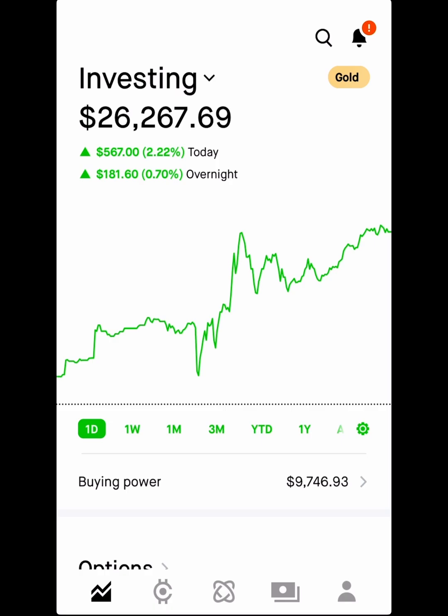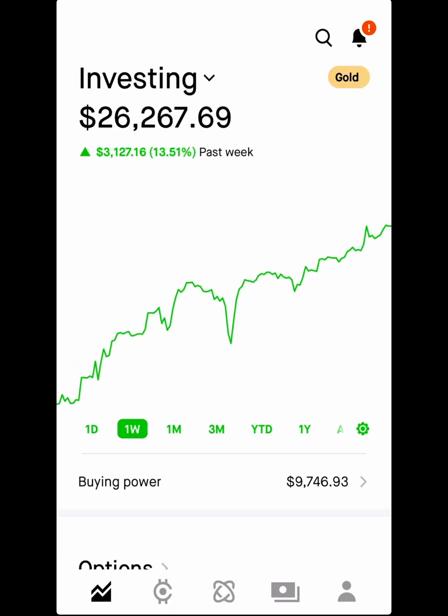This is my dividend account. I've been scaling it up. I started it last year from zero, and we are going to continue building this account. This week was pretty good, up $3,127. As you know, I have a lot of crypto assets in here, along with my high yield dividend ETFs, and we saw a big pullback when Bitcoin came down, and now we are starting to recover, so that is very nice. So up 3,000 for the week, or 13.5%, mostly due to BITO,